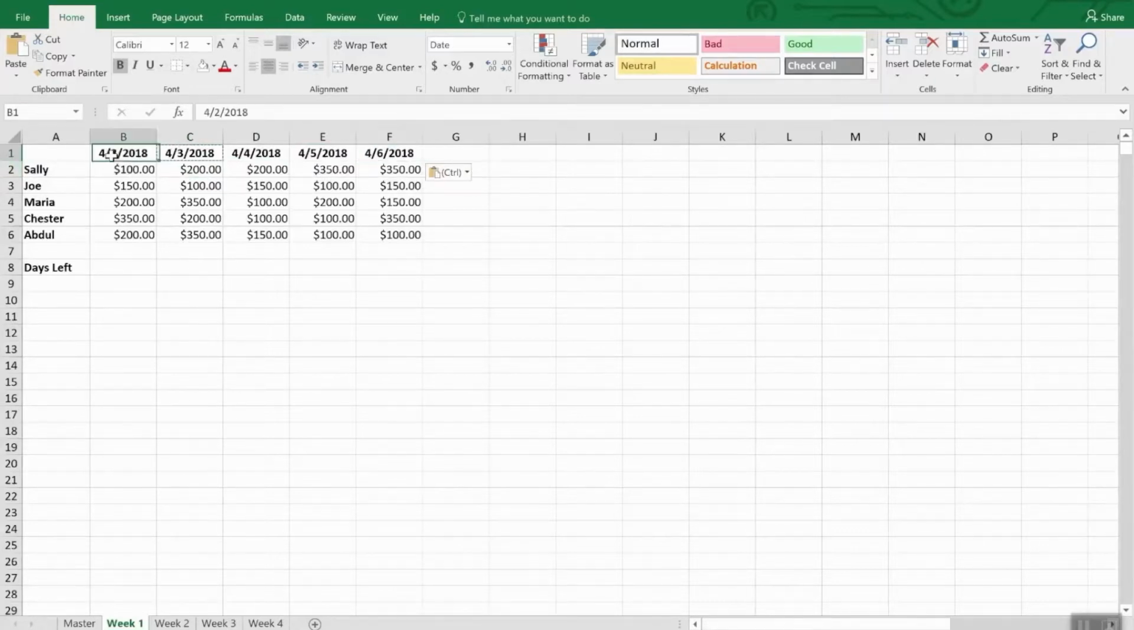And then we can copy the entire set of labels, go to week 2, copy, paste, and we're going to do 4/9/18, and that'll do the rest. So really easy to populate your worksheet with the date of each day rather than the day of the week. Now, let's do something a little more complex using a date function,